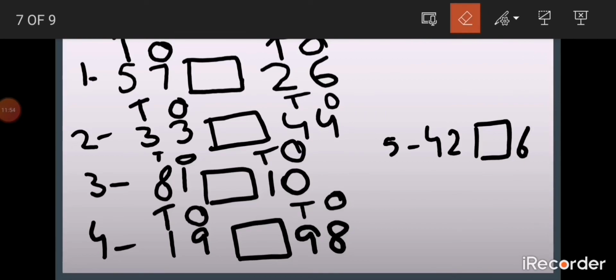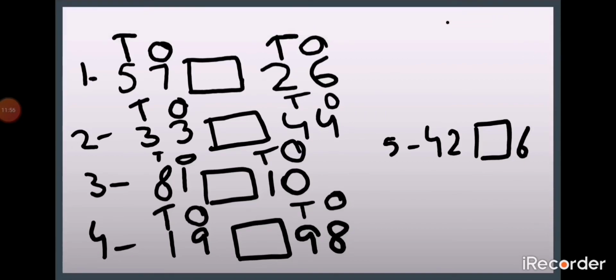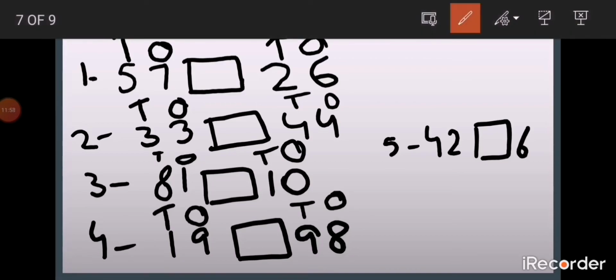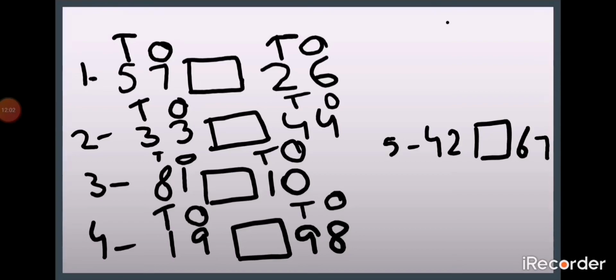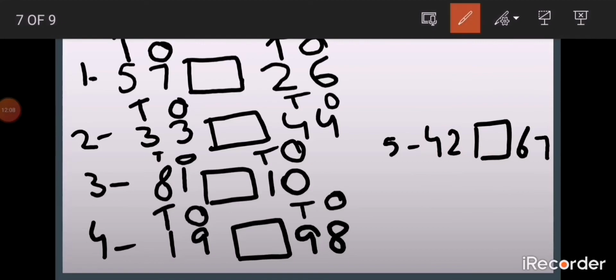When you make the number sentence, after making the number sentence, please put the place value first. So it will be easy for you to find out which symbol will come in this box. Again, my first number is 42. So I put the place value first. On the right side digit 2, I will put O for ones.